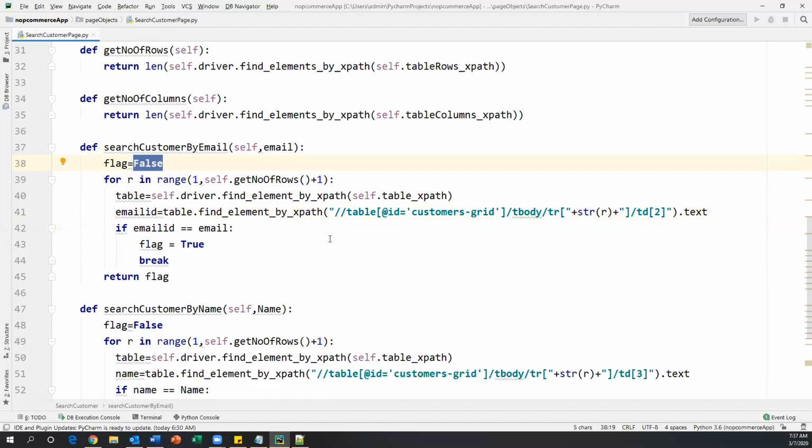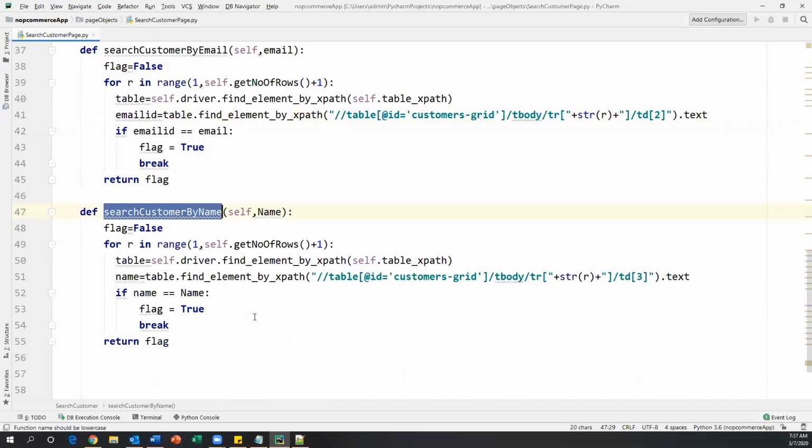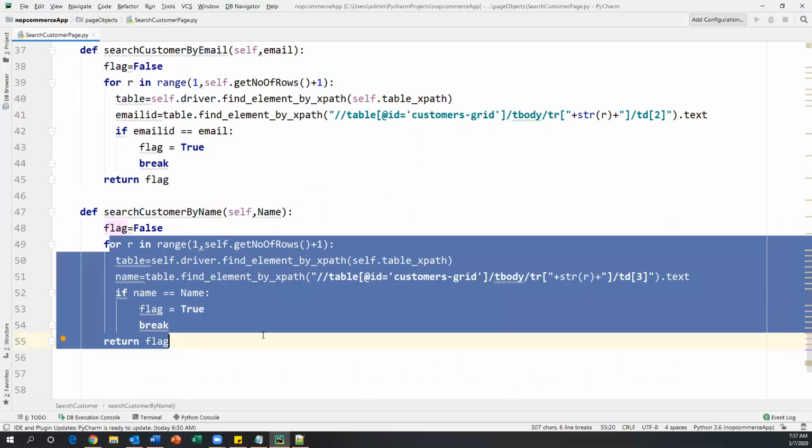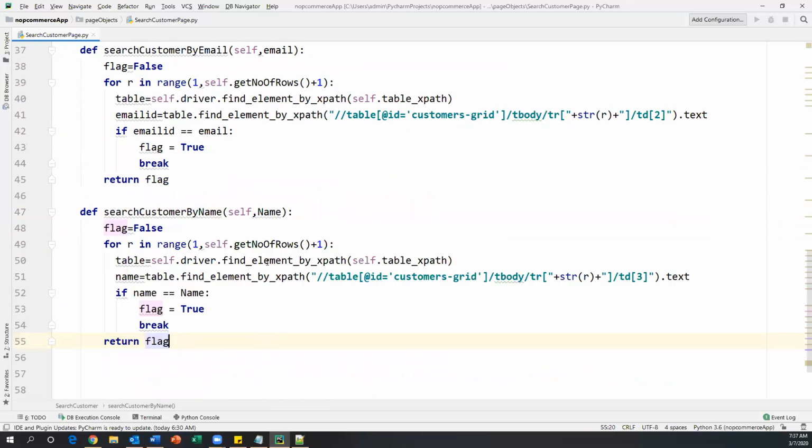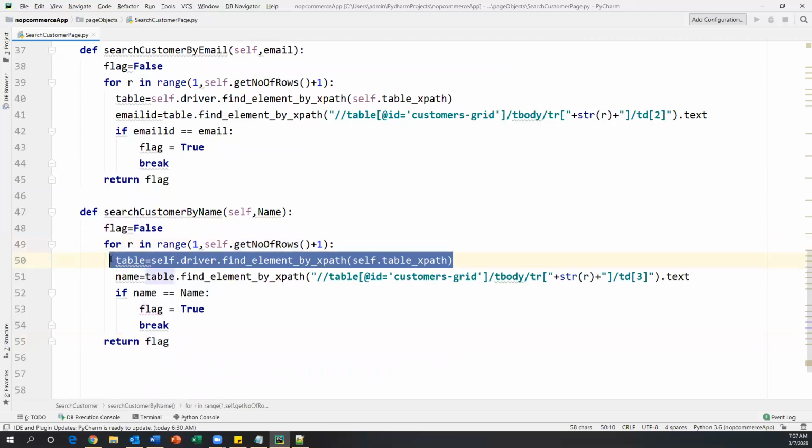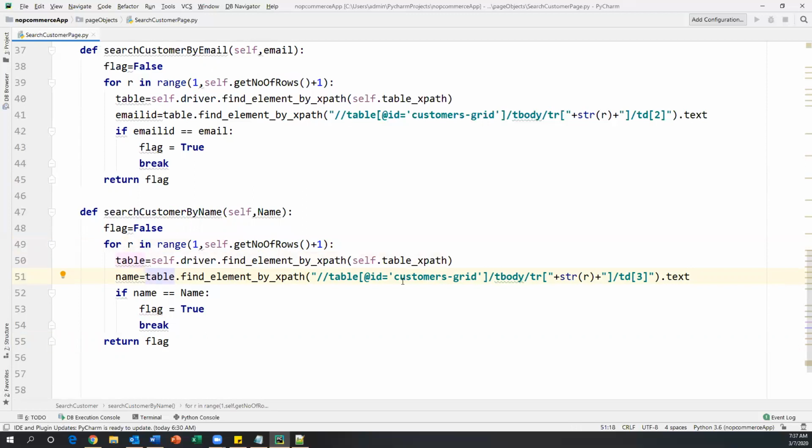Okay, so now we need to call these action methods from the actual test case. So this is for another test case, search customer by name. This is also doing the same thing. We'll pass the name instead of email, flag equal to false, and the looping statement because we need to repeat for every row. Here also we find the number of rows and get the XPath of the table. So table dot find element by XPath, and here also the third column.